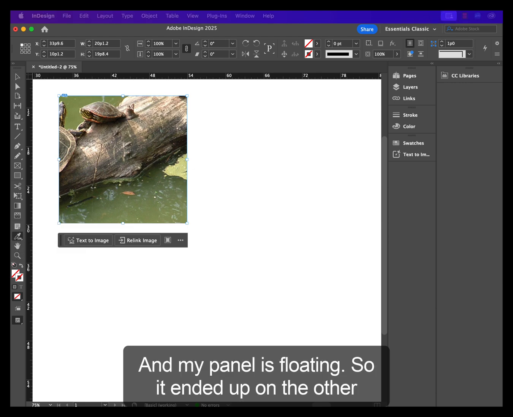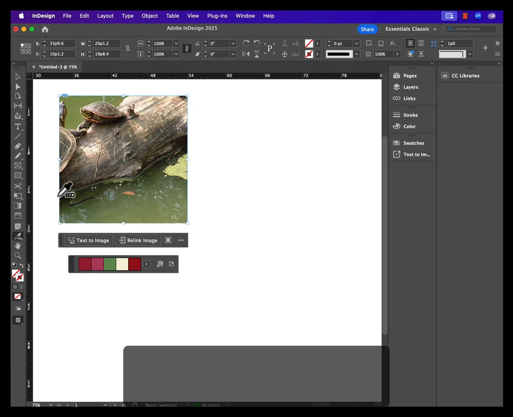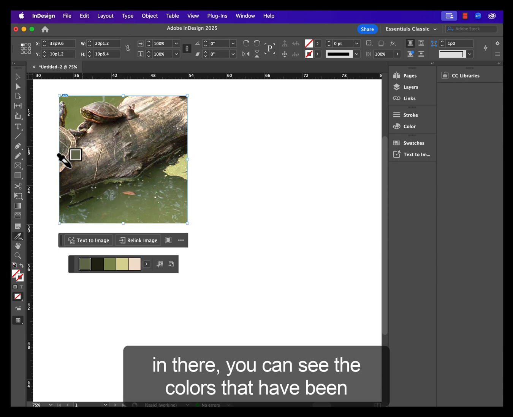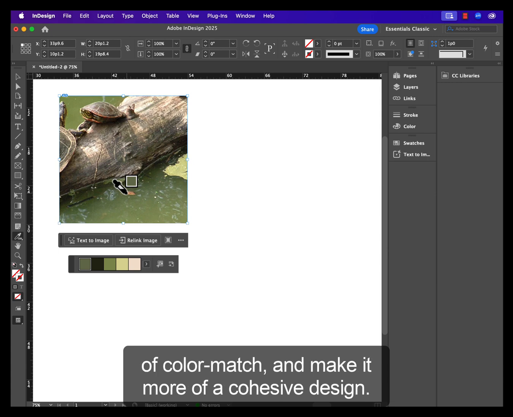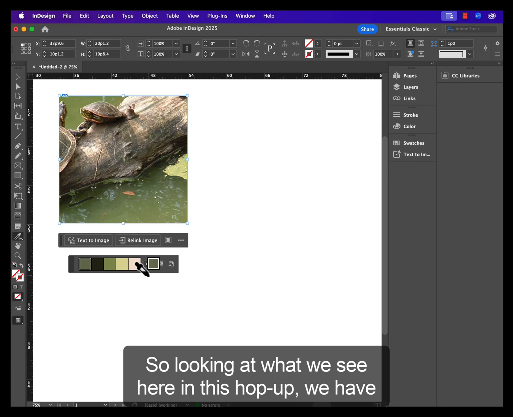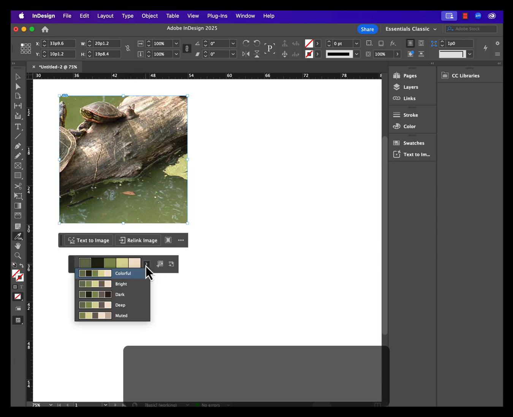And my panel is floating, so it ended up on the other monitor. Clicking in there, you can see the colors that have been updated. This is a neat way to color match and make it more of a cohesive design. Looking at what we see here in this pop-up, we have our colors that are